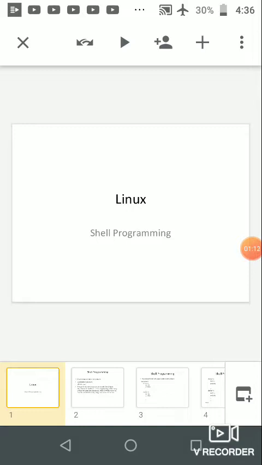So that elif example or program example we have also discussed, and in different cases we can use different types of decision control structure. By using if else block we can execute,